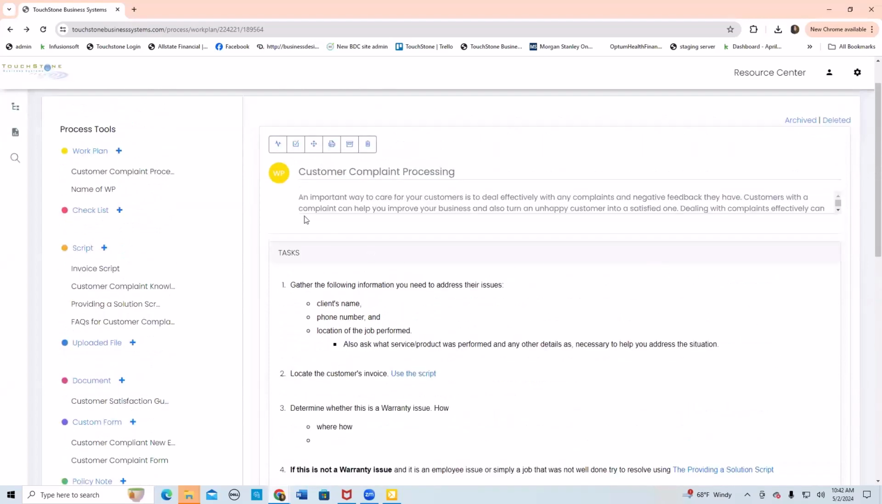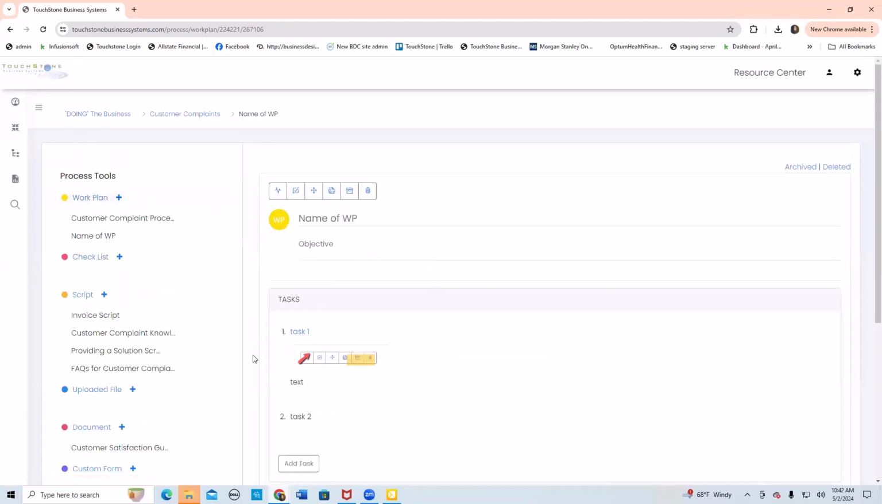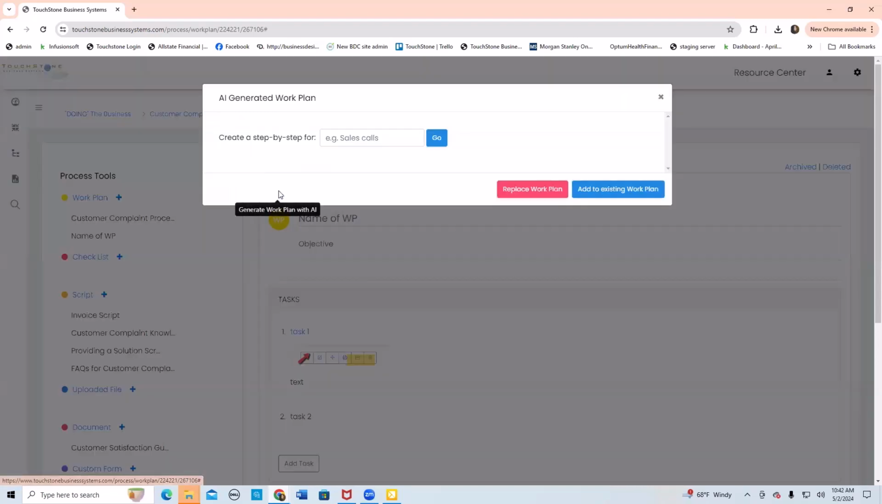Okay, so let's talk about this toolbar row and then we'll move on to checklists. This first icon is our AI, and this will generate example work plans. So I'm going to go here to this blank work plan we have here, and I'll go to the AI, create a step-by-step for, and you type in the prompt. So it's already said create a step-by-step for. So if we go create a step-by-step for customer complaints